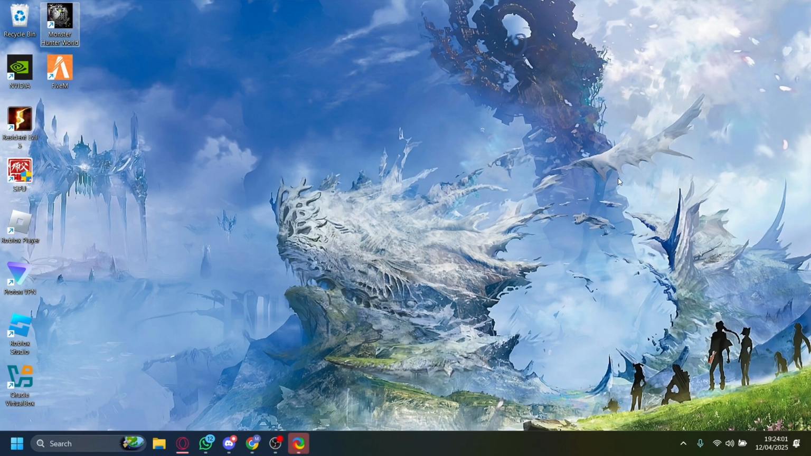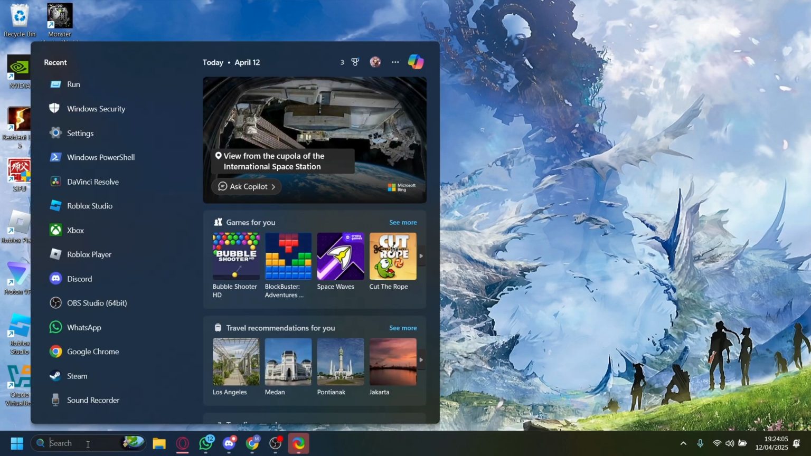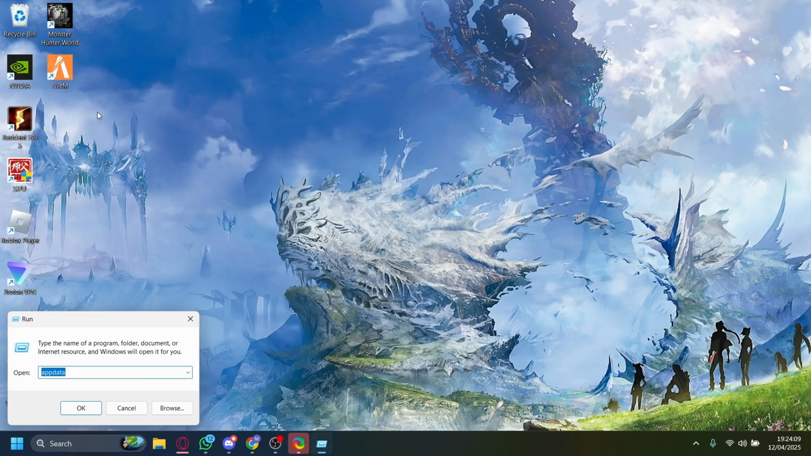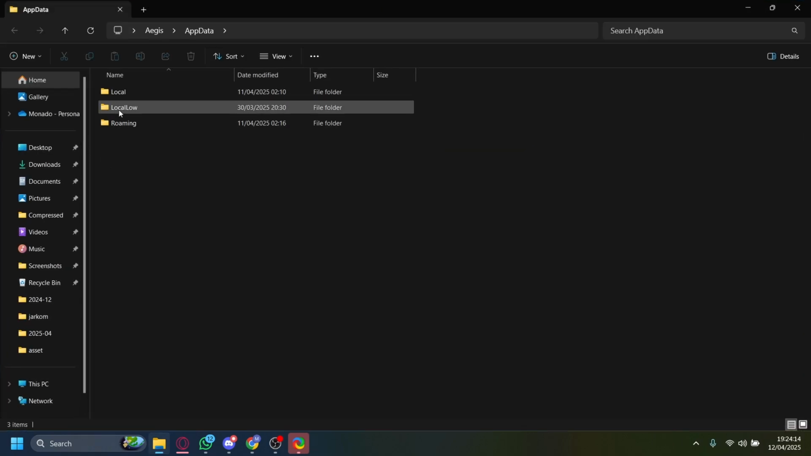I'm going to show you how you can get better FPS in FiveM. First off, you want to go to the search bar down here, and then type "run". Just type "run" like this. If you don't see it, type "run". On here, you want to type in %appdata% like this, enter, and then once you type enter, go to